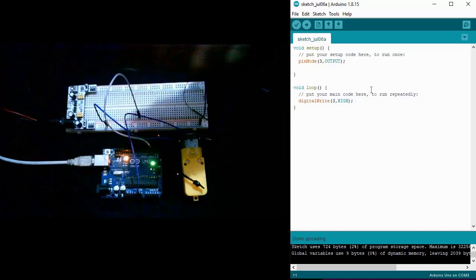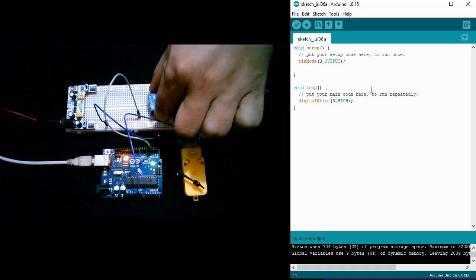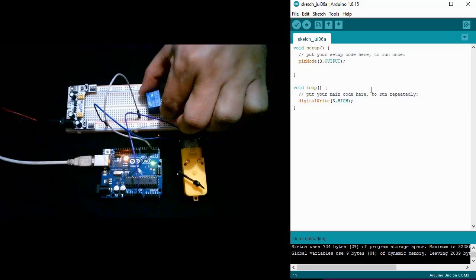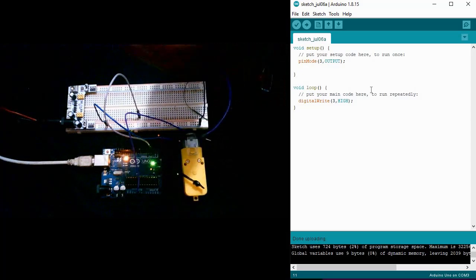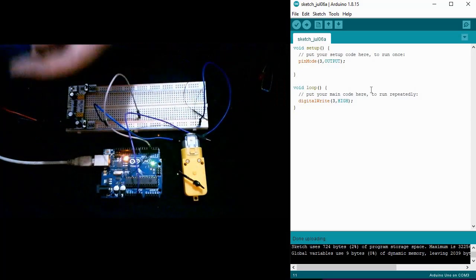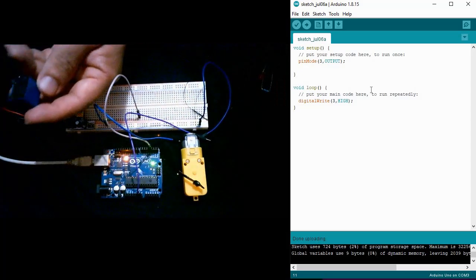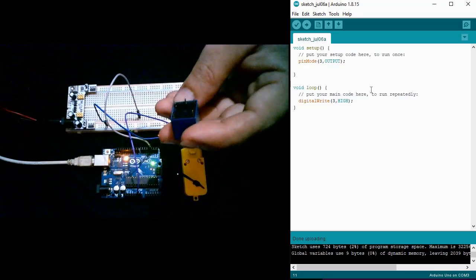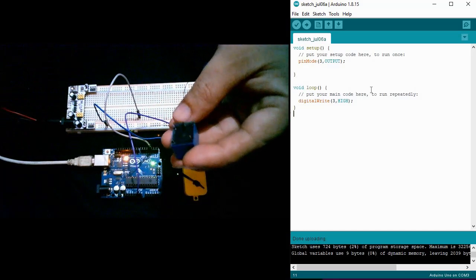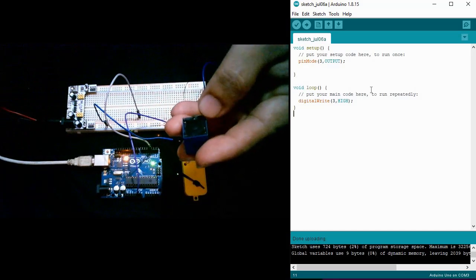So this is the relay that we're going to use. There are different types of relay, and some pin arrangements vary from one model to another. So in this given relay, the coil is connected